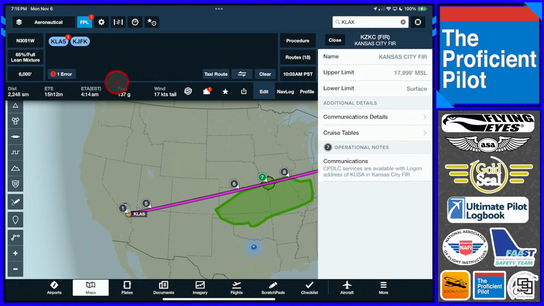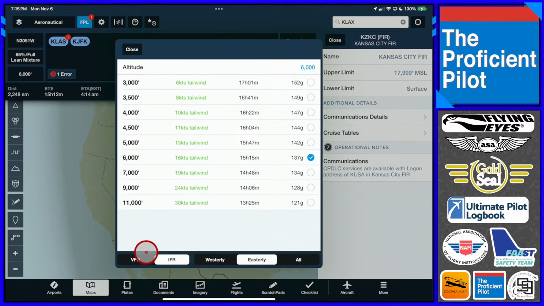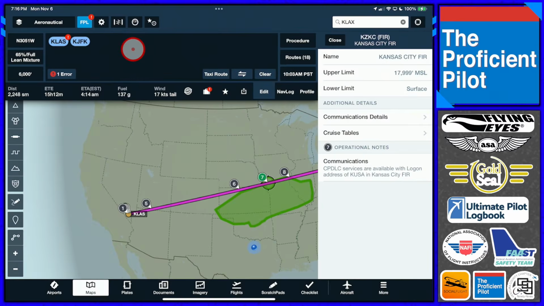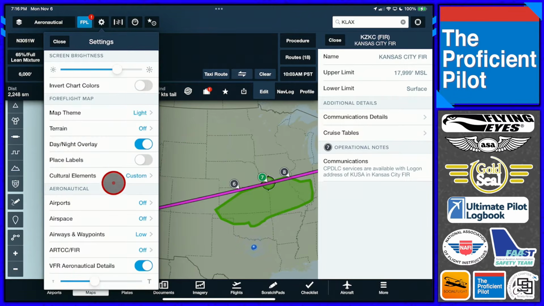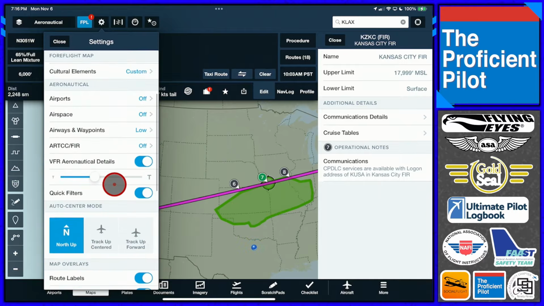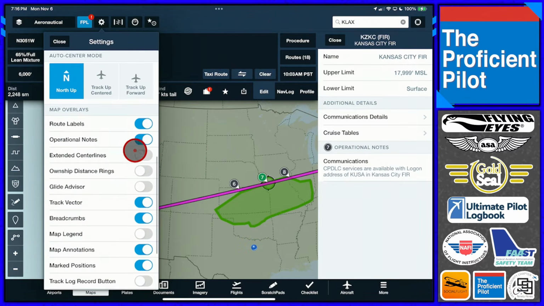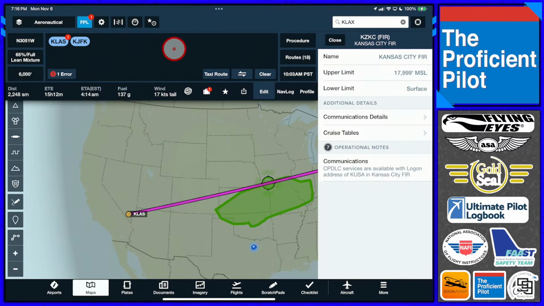17,999 feet, and that's because this particular flight is planned at 6,000 feet. If I were to plan it at, say, I get the wrong airplane to go that high, but if I planned it at a higher altitude, I have it capped off in my settings, then you'll see the upper regions show up here. But I think they're kind of a nuisance. I generally don't need them, so I go to the quick settings menu and I'll go to the operational notes and turn them off. And that gets rid of those balls. So that was the question that was asked on that one.